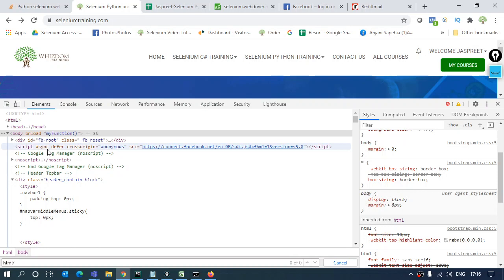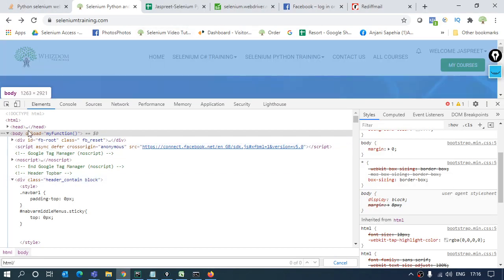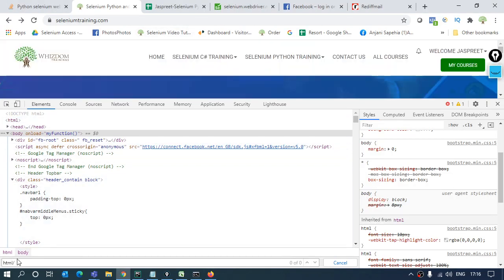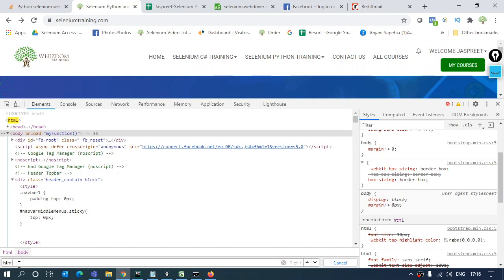So if I have to make my complete XPath on my own, as I told you, it's going to start from the root of the page, the first tag, that is HTML. So I will be starting from HTML. In Chrome there are additional things that come up, like it highlights the tag where you are going, and if you are going right then only the tag will be highlighted. In Firefox there is nothing like that. If you keep on going and going and it is wrong, you will not get that. For that you have to use tools. So that's why I'm showing it on Chrome, so that you can see how I am going further.